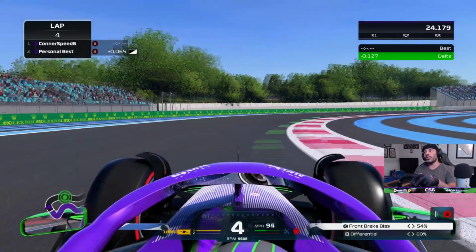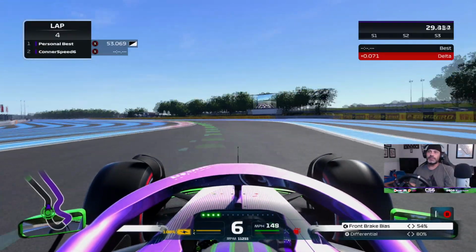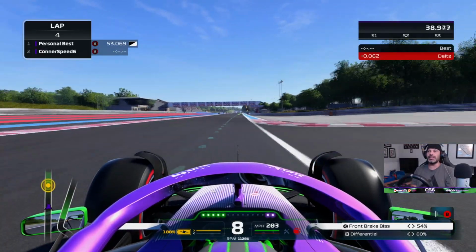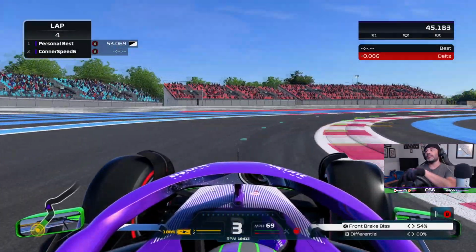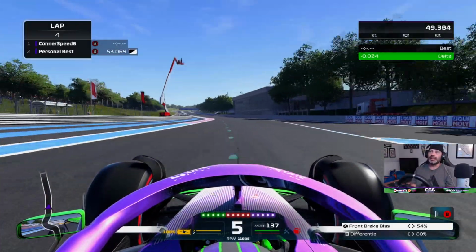The Logitech G920, as most people do know, is not the best wheel for any type of sim racing. However, it does get the job done. These settings are really going to be best for anybody, anywhere from beginner to pro. I am somewhere deep in the middle of that. I am definitely not a beginner, however, I am definitely not a pro,